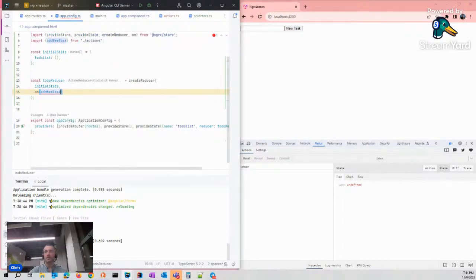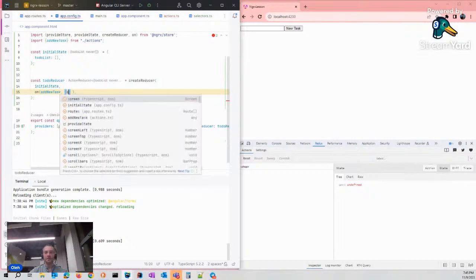For example, that's add new task. More than one action could be here in the on function, as many as we want to handle in some way.